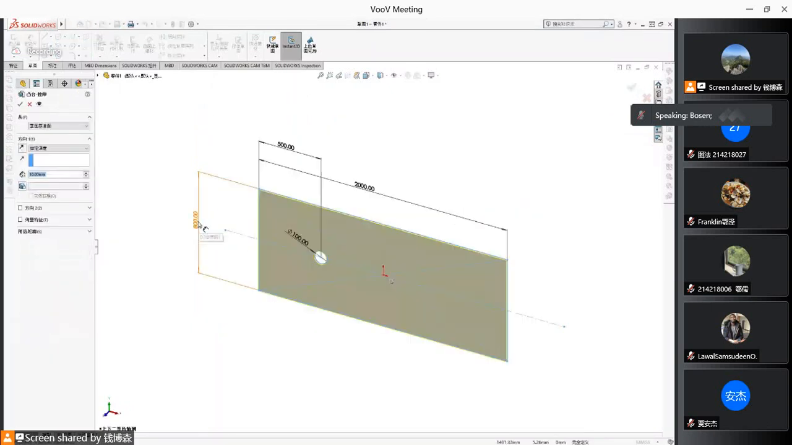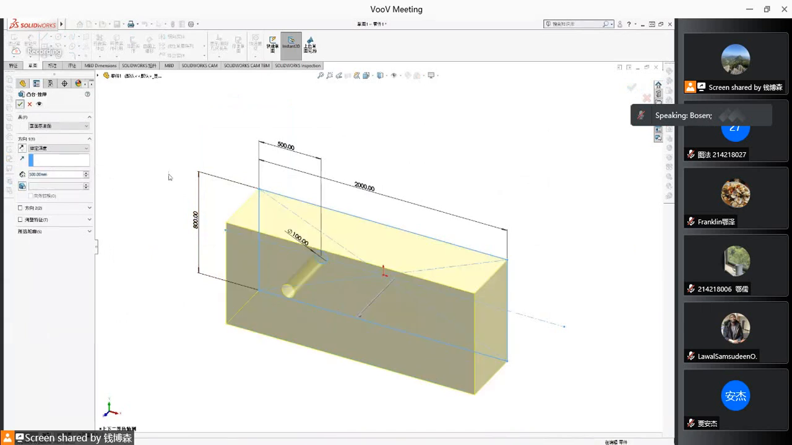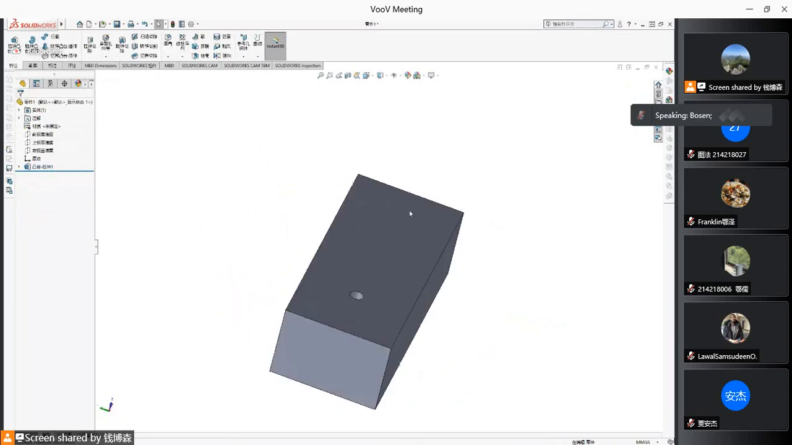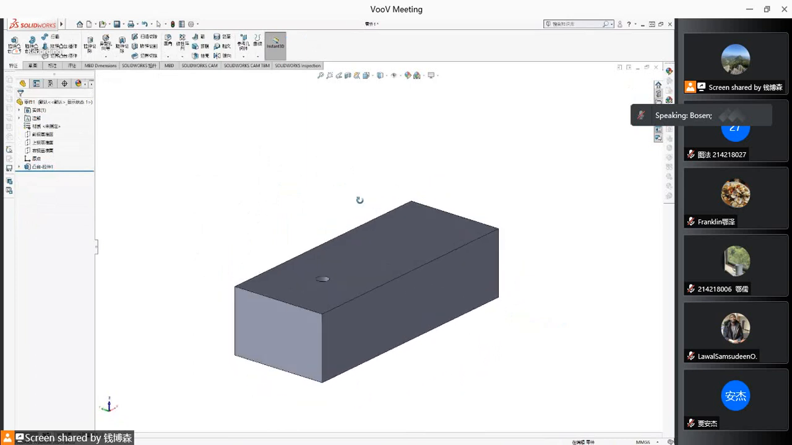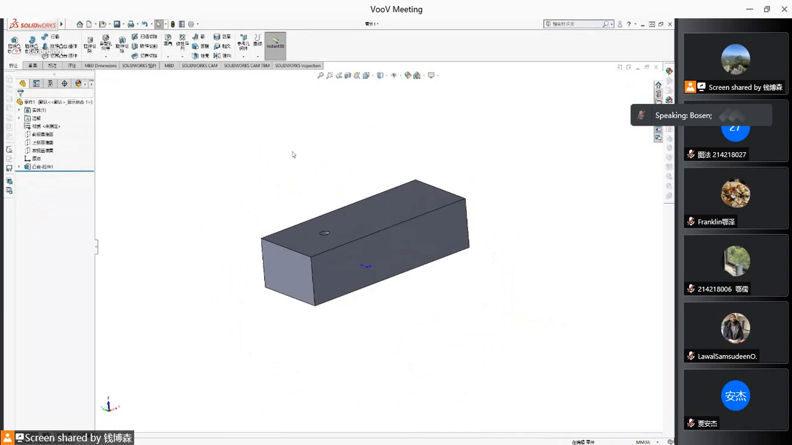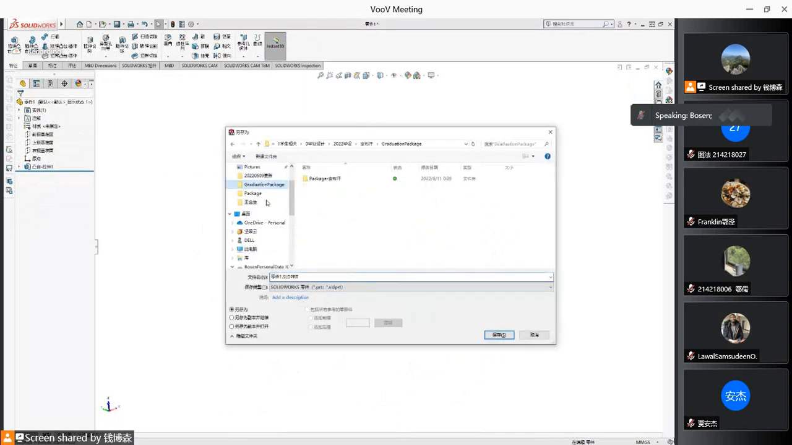So that's one way to draw the model. So what about the height? Let's give it another 10 or 50 millimeter. Okay, looks about right. Okay, guys, so this is our computational domain. Okay, and let's save it as